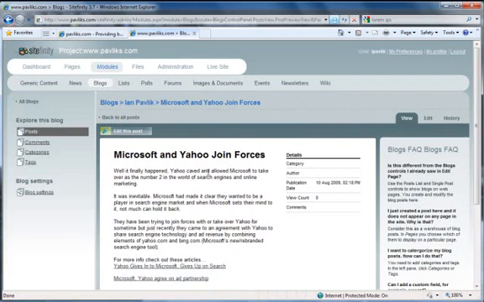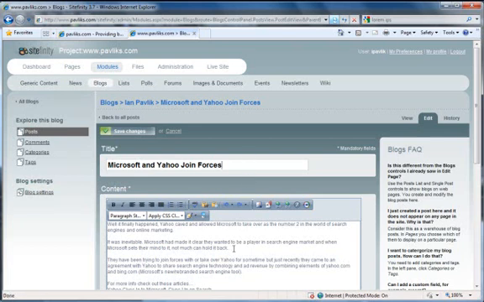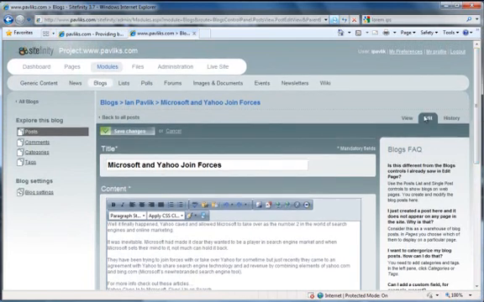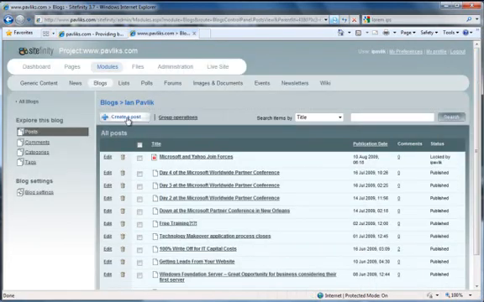So here is one that was done a while ago, and I can go and edit this blog posting. And here's where I could change the title of that posting. I could make a change to it, but you know what? I'm actually going to go back and I'm going to create a new posting. So I'm going to click Create New Post,